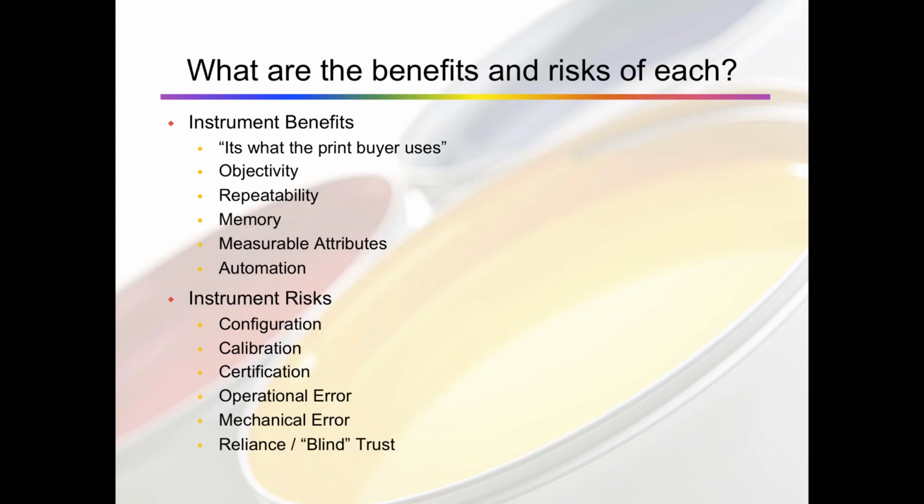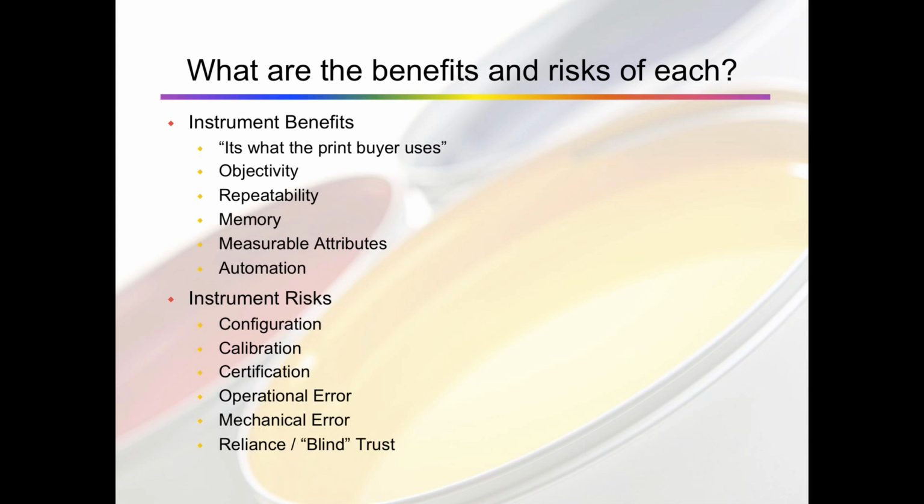Now, the last risk is one that I also talked about when talking about the eye, and that's the reliance, or the blind trust, sometimes people place in instrumentation. If you're solely going to look at what the instrument tells you, well, then that is going to open up the opportunity that if it is miscalibrated or something is wrong, you're starting to make decisions on that bad data, well, that is absolutely a risk.